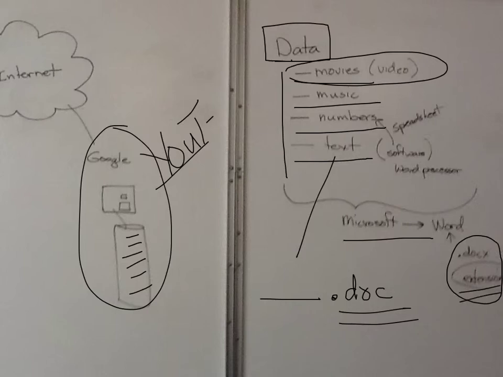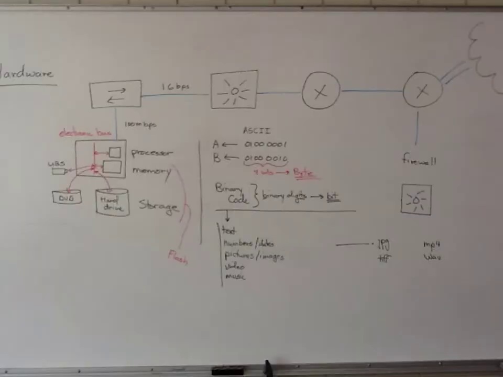So the extension will indicate what type of software is used to manipulate the particular piece of data. So for example, spreadsheets can manipulate numbers in Excel. You know, XLS would be an example of an extension for Excel. Here is sort of the same thing in a little bit more of a summary. I talk about the ASCII